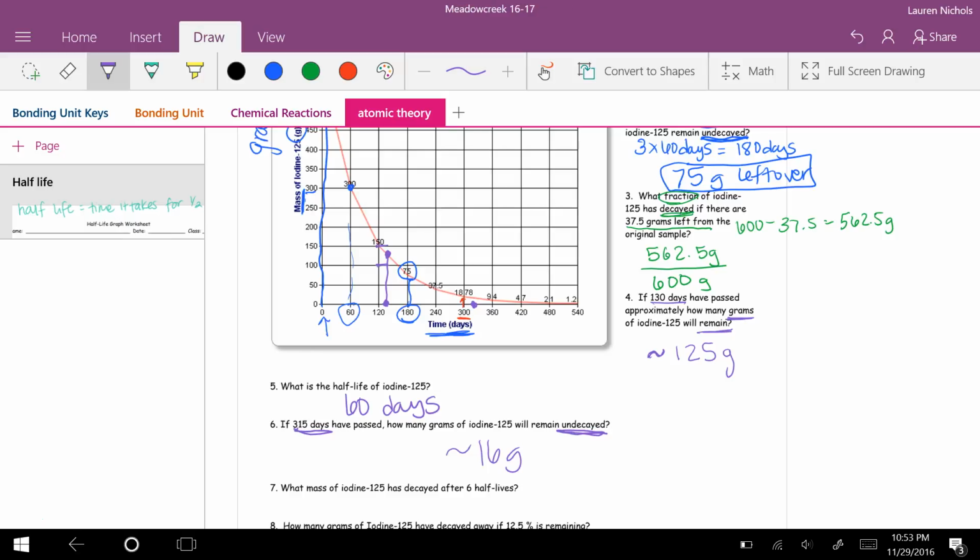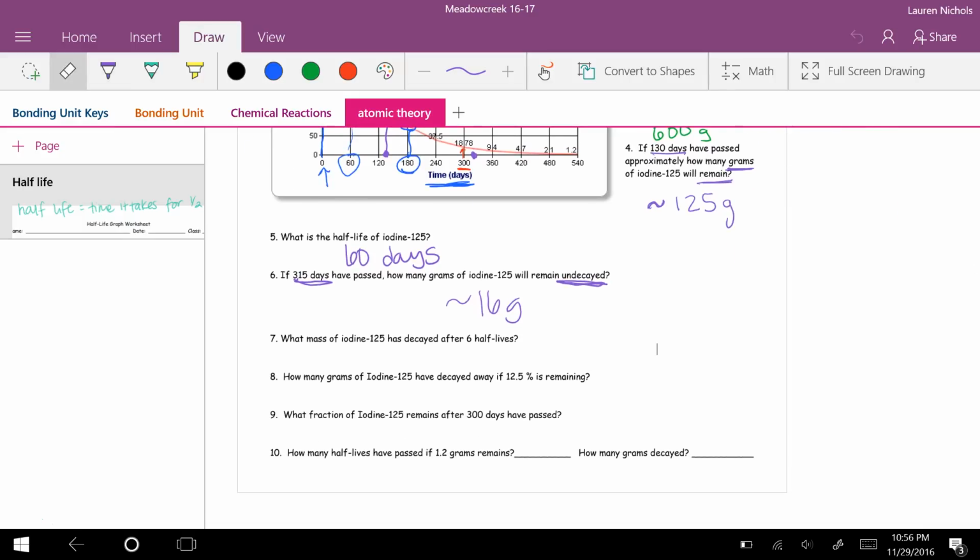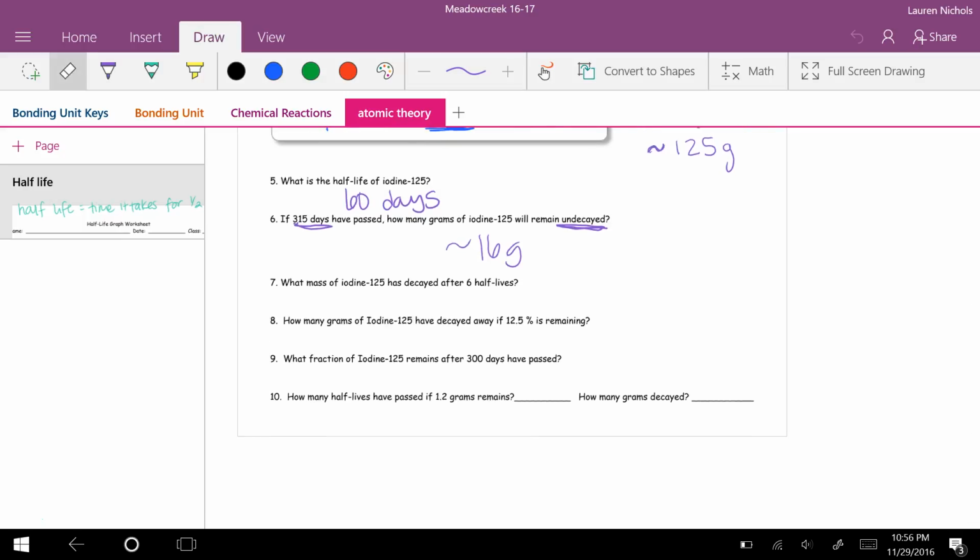Notice that I'm not trying to add any decimals or things like that. I can't estimate to that level of accuracy, but I can give a roundabout whole number answer there. You should not have any decimals in that answer. Now, if we look at problem number 7, we see that problem number 7 wants to know the mass of iodine, so we're looking for our answer in grams after 6 half-lives. Now, we know that our 1 half-life is 60 days, so 6 times 60 is going to give me